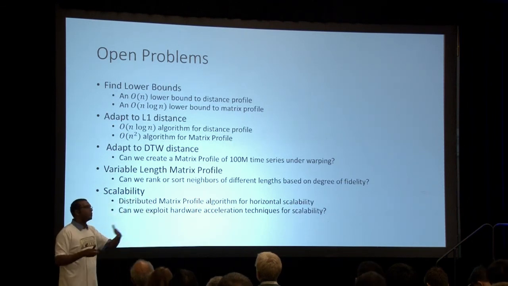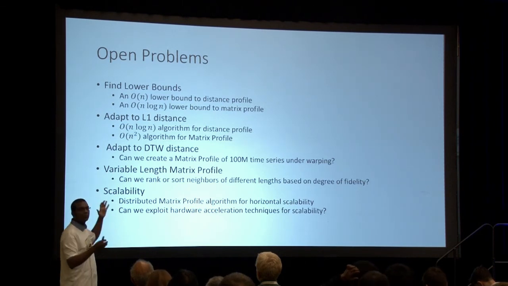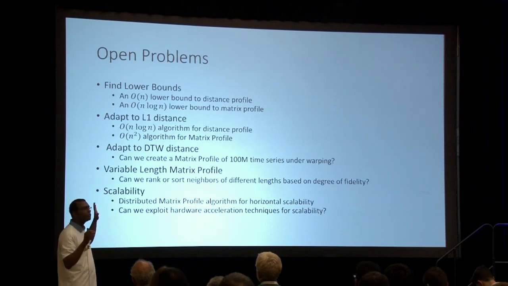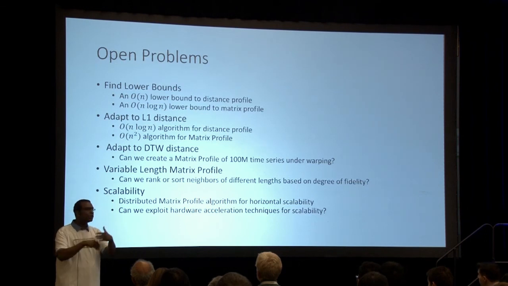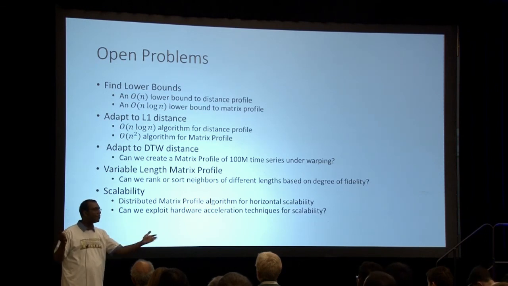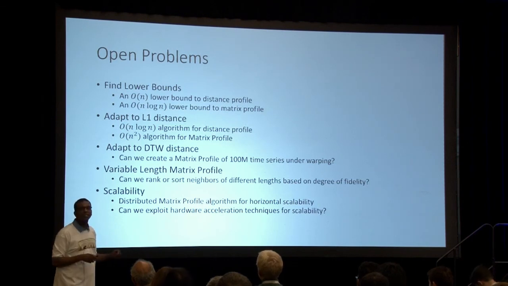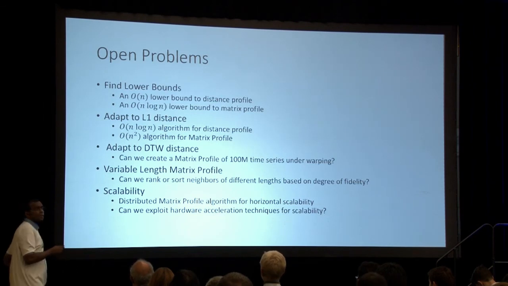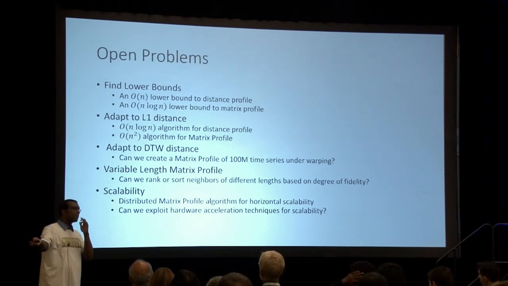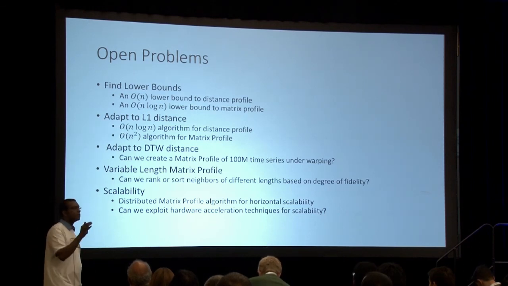don't cover. For example, another lockstep measure is L1 distance. I tried to port MASS for L1 distance and I couldn't, because you cannot calculate sliding L1 distance using convolution. That's what I felt, but I would really love to see if someone does that and makes a MASS version for L1 distance. We can adapt to non-lockstep, elastic measures,